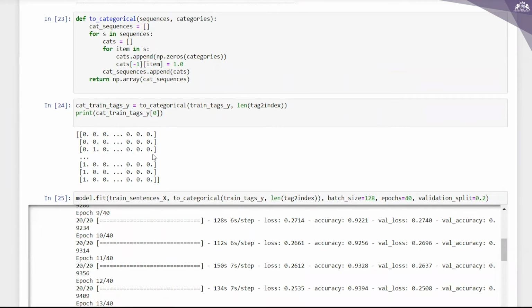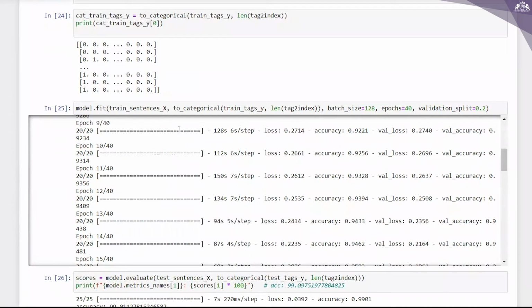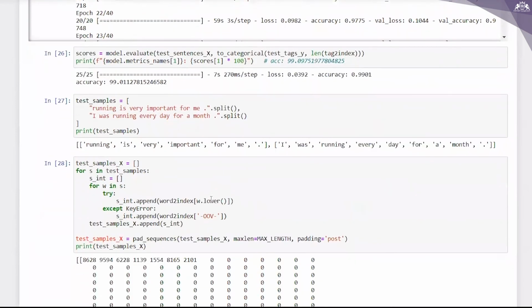The moment we were waiting for: training the model. Now we are fitting with the training sequences. Let us now evaluate the model on the data that we have kept aside for testing. Here the accuracy I'm getting is 99%. But there is a catch. A lot of the success is because there is a lot of padding, and padding is really easy to get right.